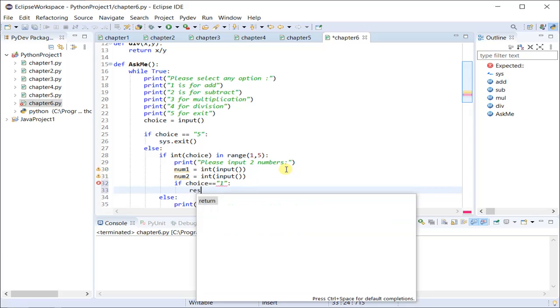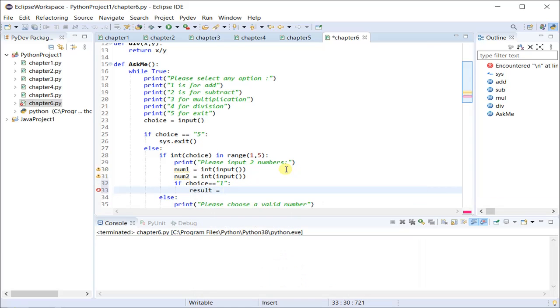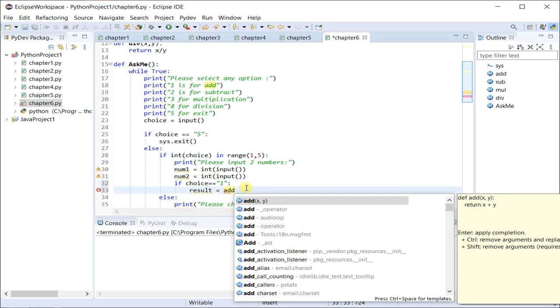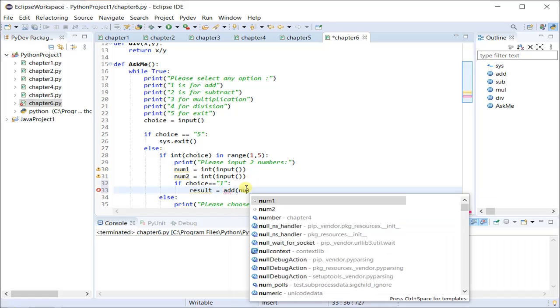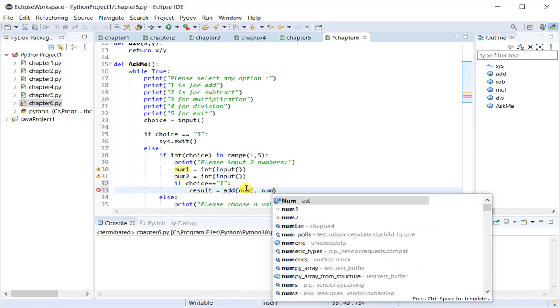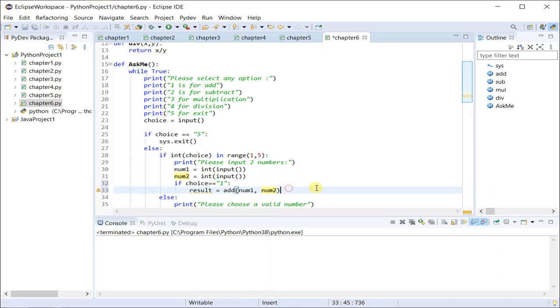If it's 1, then I will have a result variable and store whatever the add function returns in the result variable. I will provide it the two numbers num1 and num2.